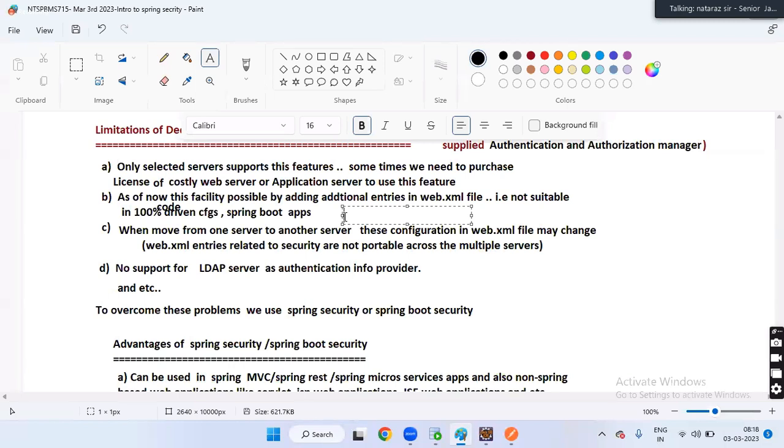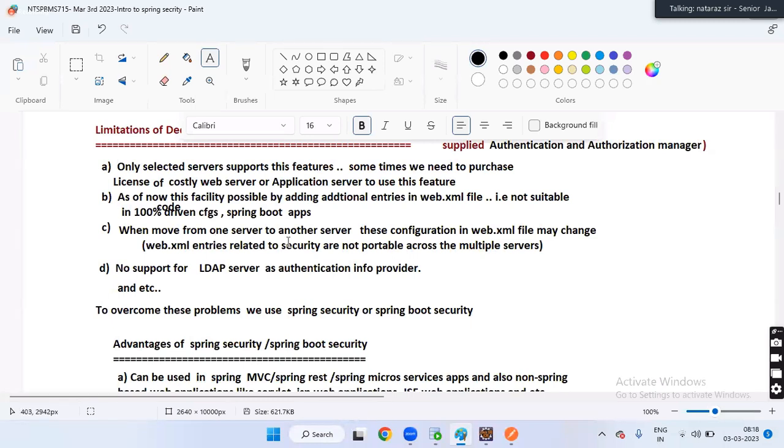But did we learn Spring MVC or Spring Boot MVC by entertaining XML? No. In Spring Boot, do you entertain XML? No. So can we use this in 100% code-driven configuration Spring Boot applications? That's another reason.